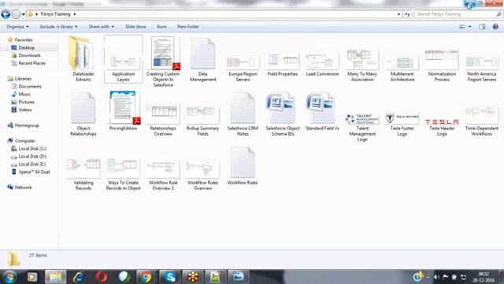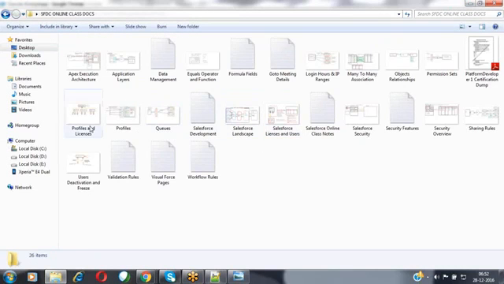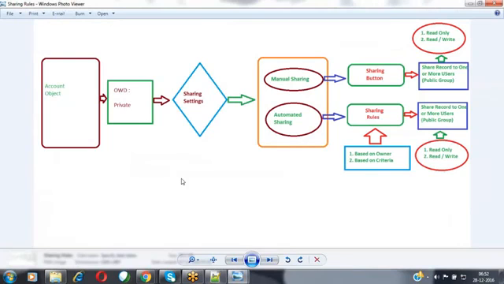When coming to sharing rules, as we have discussed, we can share the record based on either owner or criteria. Whatever criteria you have specified, that criteria will be fixed.